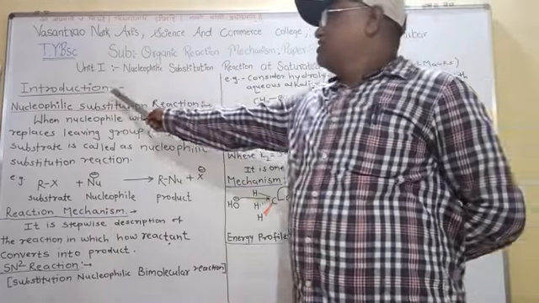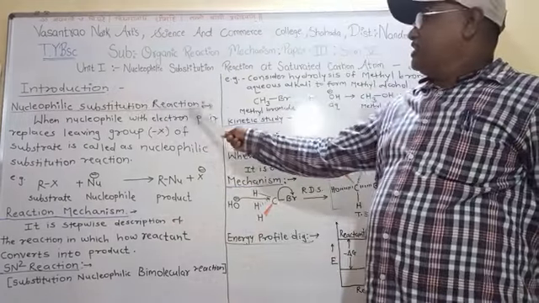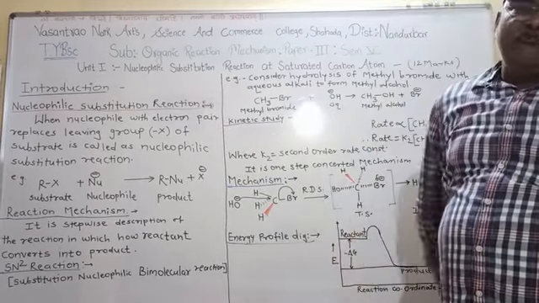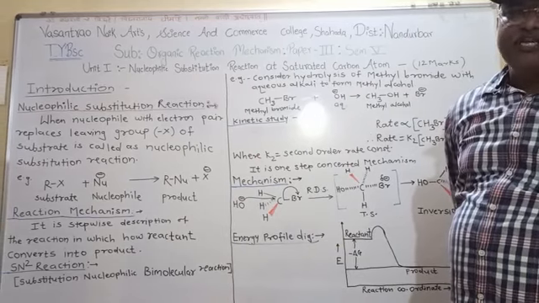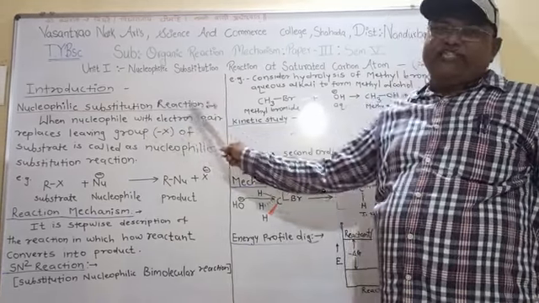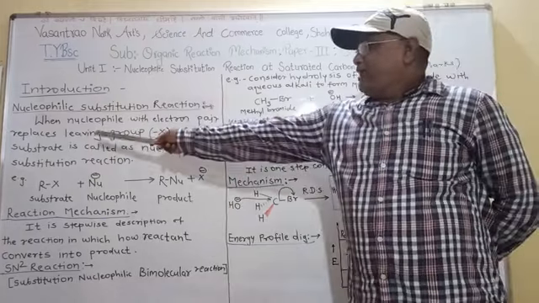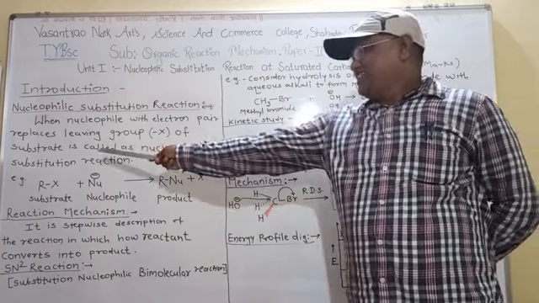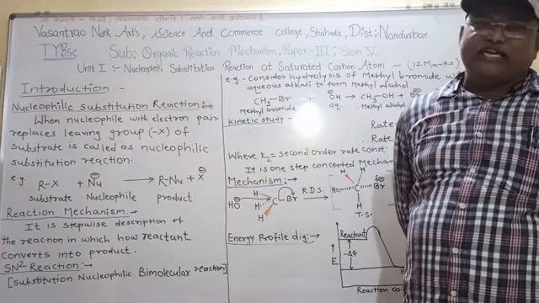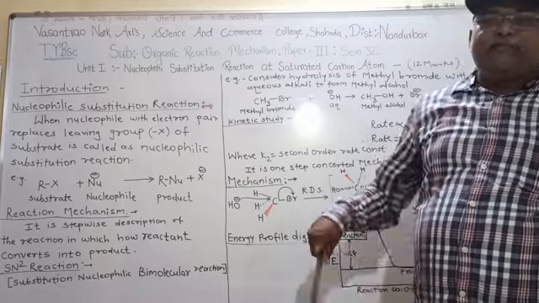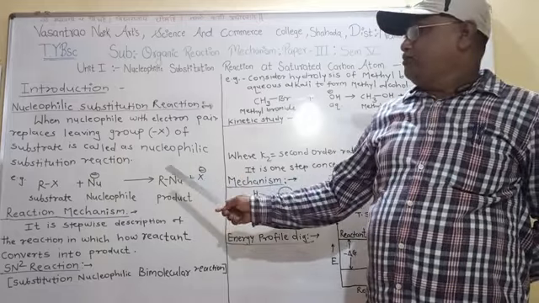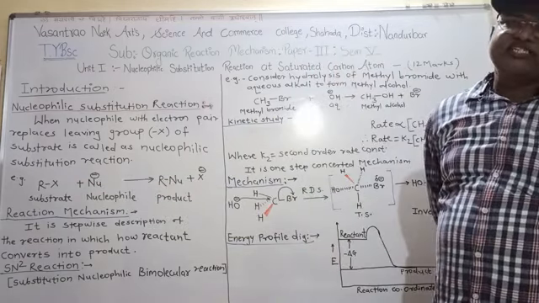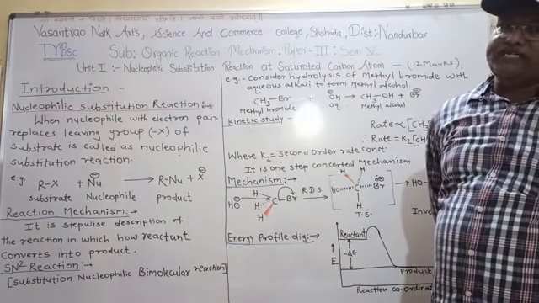Now the introduction, nucleophilic substitution reaction. So, what is meant by nucleophilic substitution reaction? When the nucleophile with electron pair replaces leaving group X of substrate is called as nucleophilic substitution reaction. Simply we can say that when leaving group X is replaced by nucleophile, such reactions are called as nucleophilic substitution